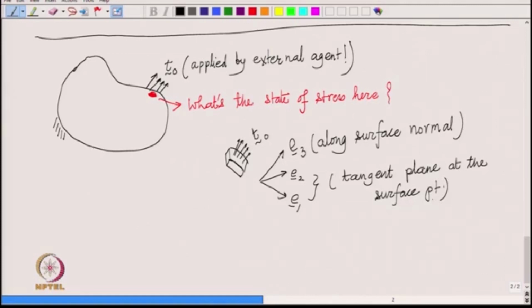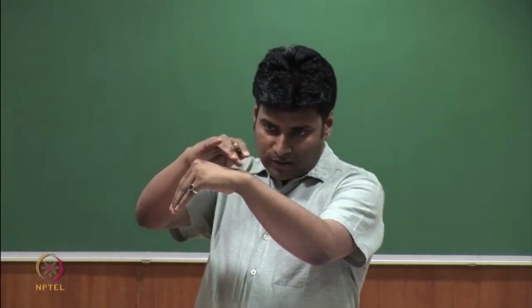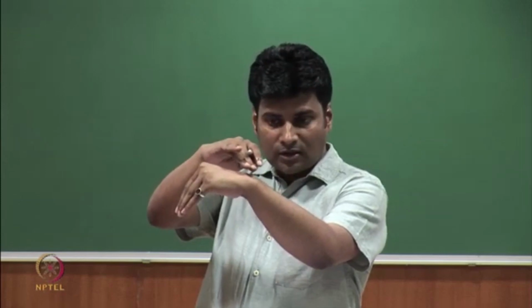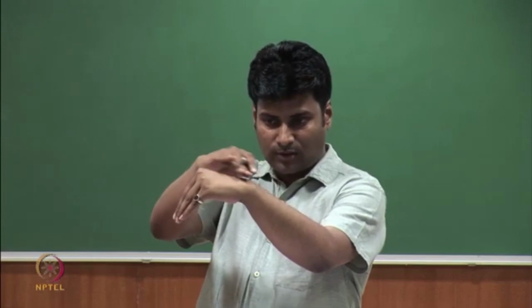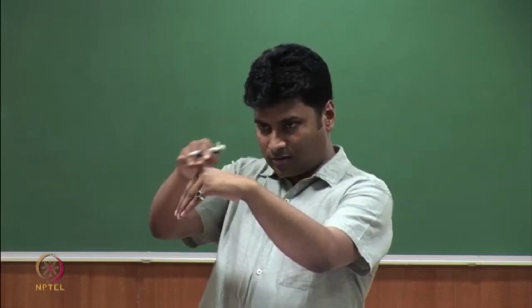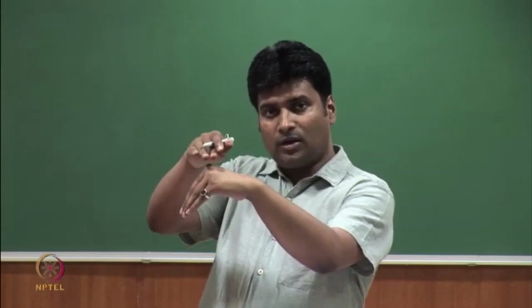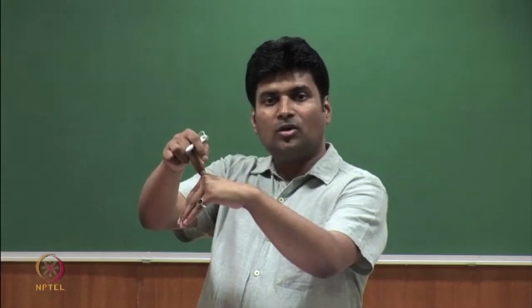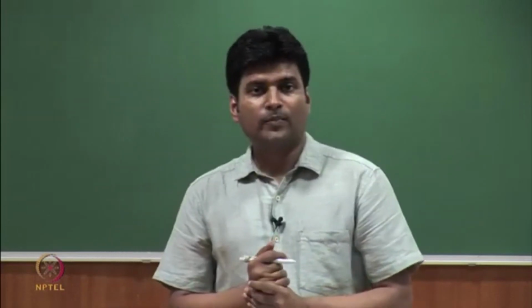Okay, so, basically for every surface, so here is the surface. At this point, for example, the tangent plane is this. Think of a plane just touching the surface, that is the tangent plane. Over here it is this. So, E1 and E2 are in the tangent plane, and E3 is along the surface normal. So, E3 is the normal of the tangent plane. Okay, so, we set up a coordinate system like that,